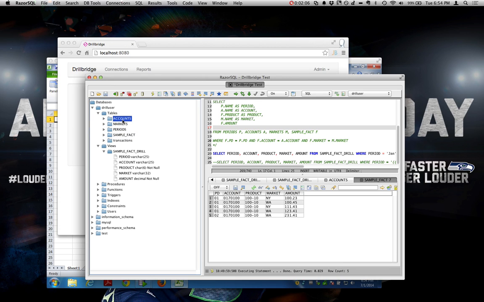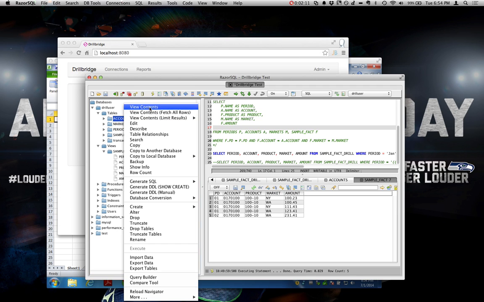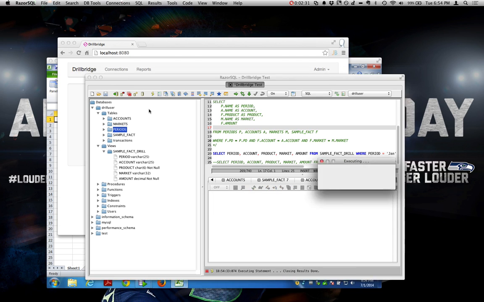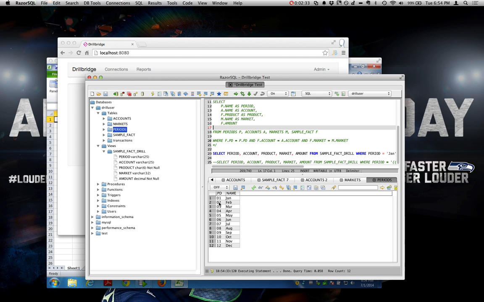So what I've done is I've set up some mapping tables. We can look at the accounts. I've mapped this fictitious 0170100 account to the sales member. Similarly for the cost of goods sold. For the markets, I've mapped from the two-letter state name to the full name that we see in the Essbase cube. And similarly in periods, we can go from the numerical period to a three-letter month, which corresponds exactly to